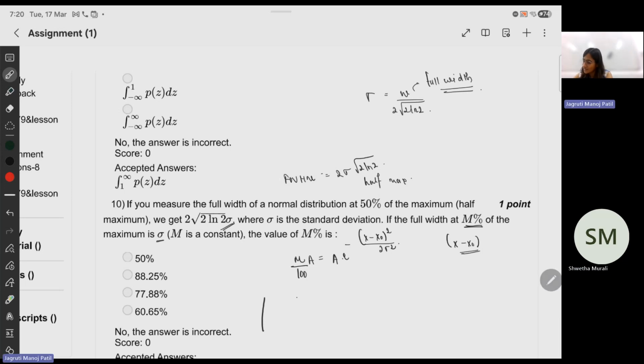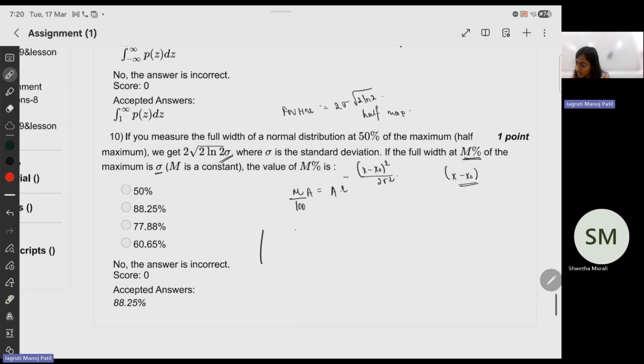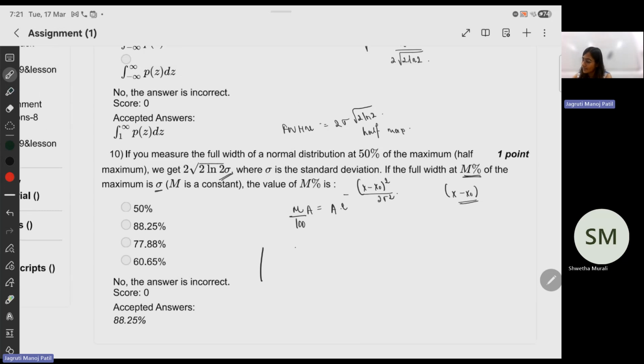Well, if we directly add it as width, let's see. The answer is something like 88.25. We don't know. Let's see. If we write it as square, then this is 4, 4 to the 8, 8 sigma square, and then you have ln 2 by 2 sigma square. Sigma square cancels. This is like 4. This is exponential minus, and here you have a, so let's cancel a, and this is m by 100. You want to compute percent of m, so that is essentially m by 100 that we're looking at.